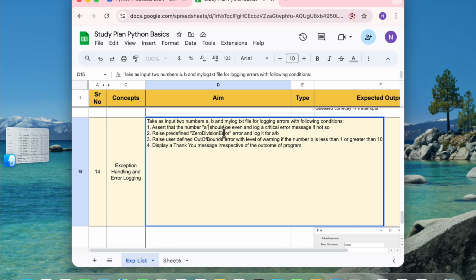Raise a predefined zero division error, and log it into the file, for a divided by b. So if it is division by 0, that is b is equal to 0, then we raise a division by 0 error. Then raise a user defined out of bounds error. So this one is zero division error, which already exists, and this is the out of bounds error,